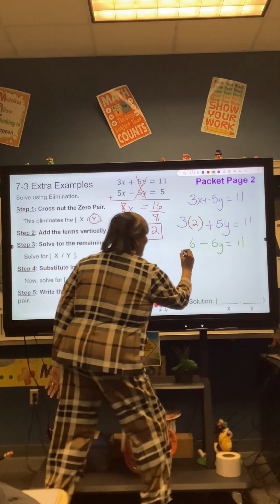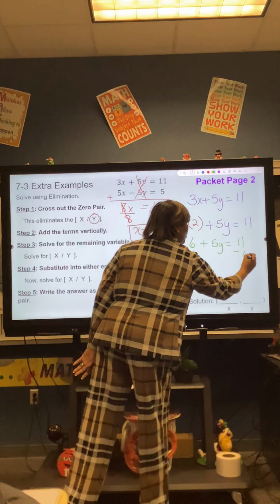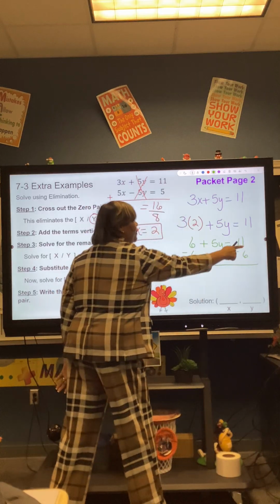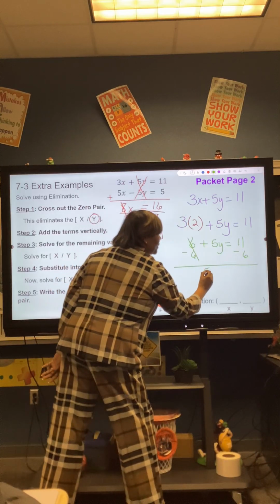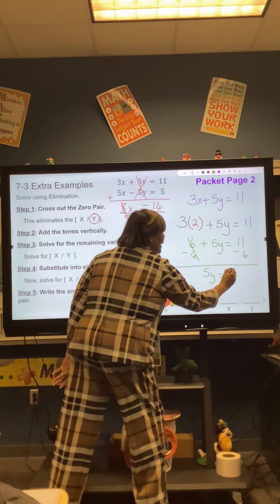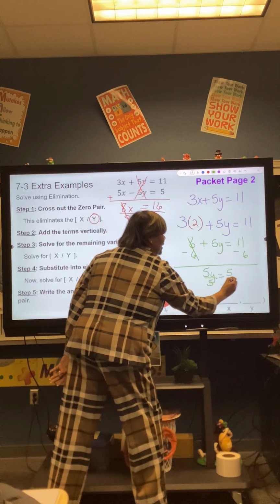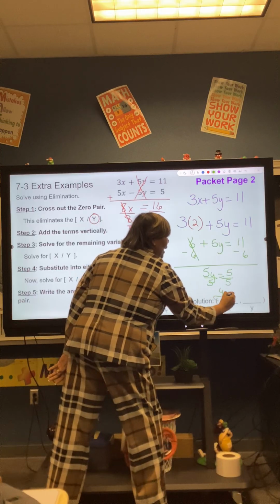I'm going to subtract 6 from both sides because I want to create the 0 pair. I need to move everything away from the y. So I got 5y is equal to 5. Divide both sides by 5. Y is equal to